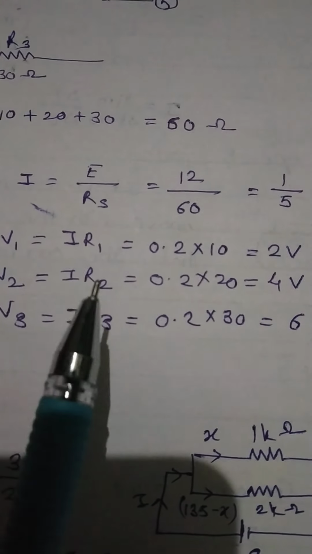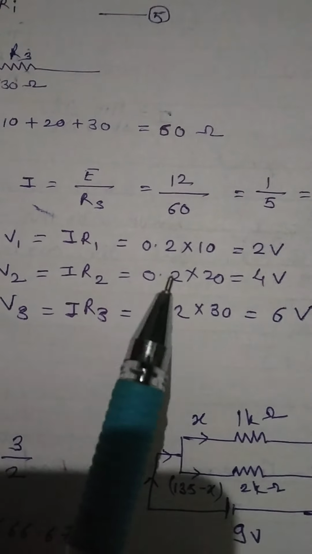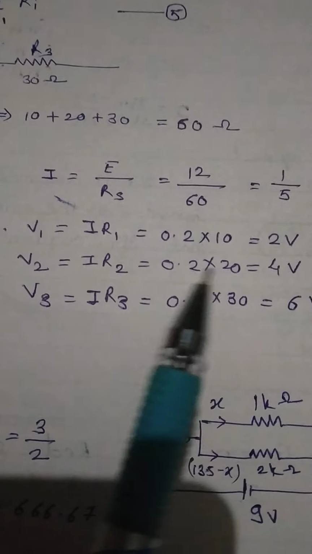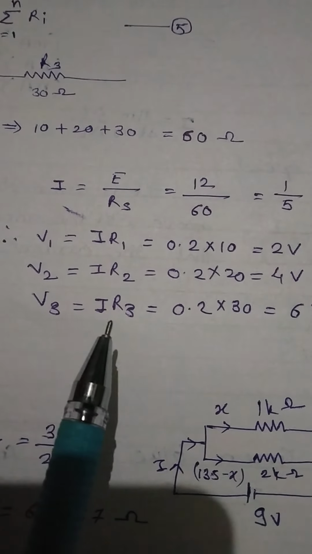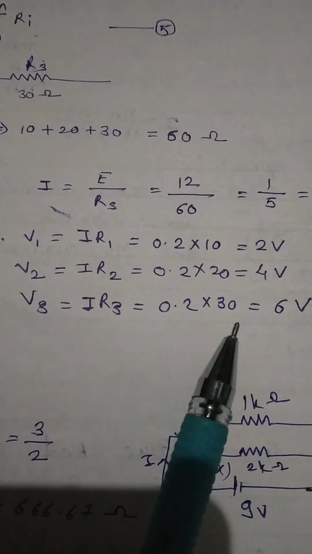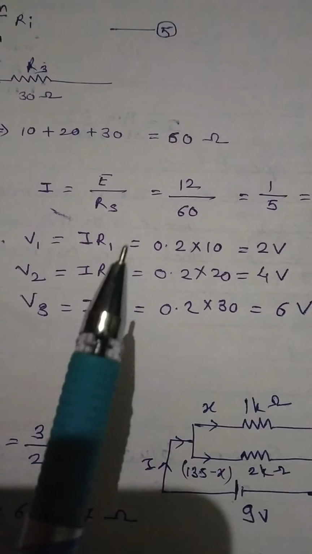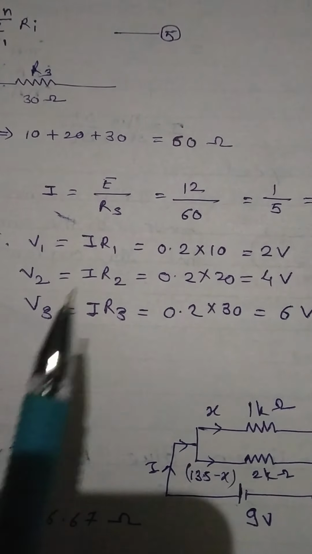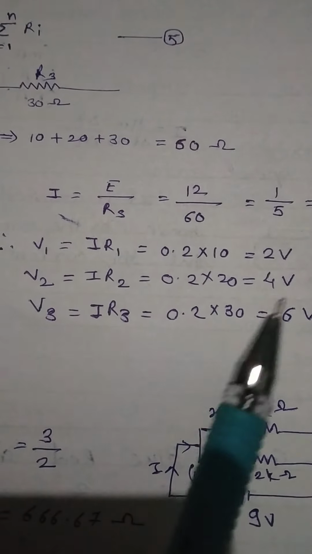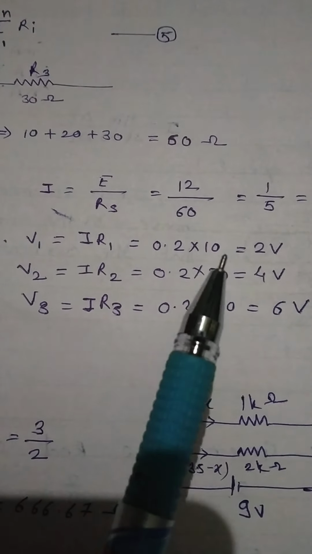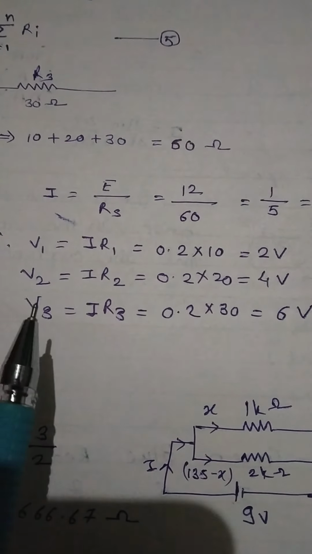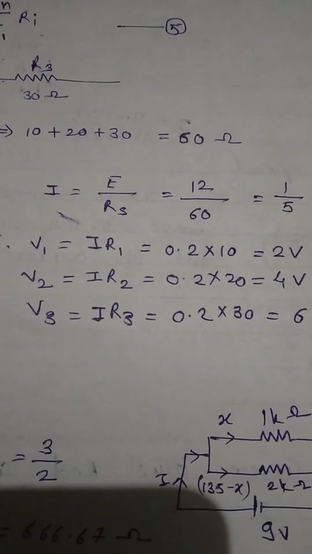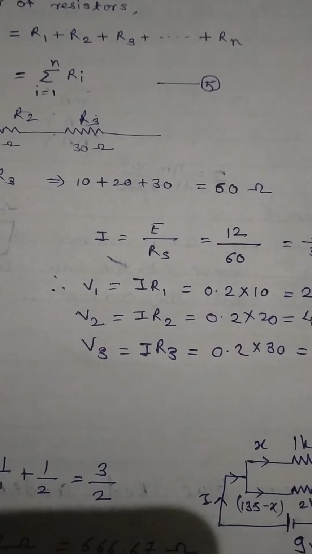So V2 is equal to I into R2, means 0.2, this is current I, 0.2 into 20 is equal to 4 volt, and V3 is equal to I into R3 is equal to 0.2 into 30 is equal to 6 volt. Here the current is the same but the voltage across the different resistances changes. So we get respectively 2, 4 and 6 volt across each resistor. So we find out this